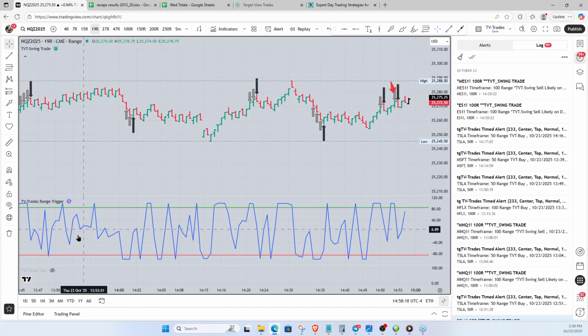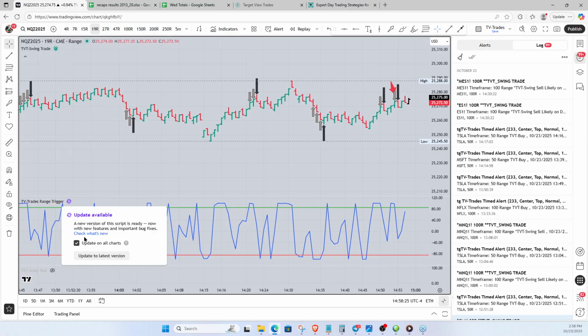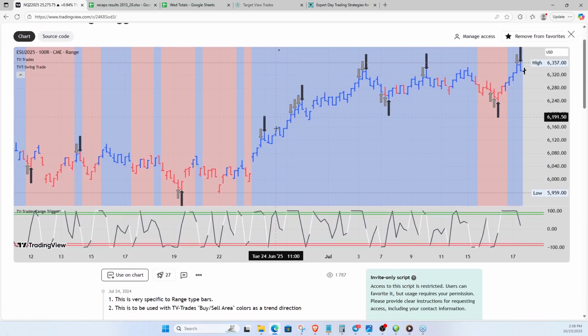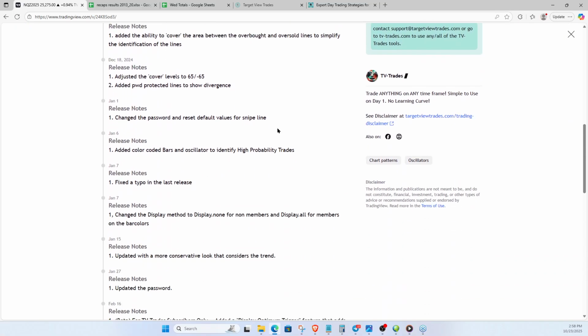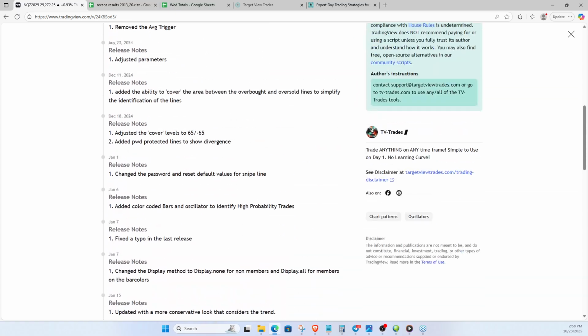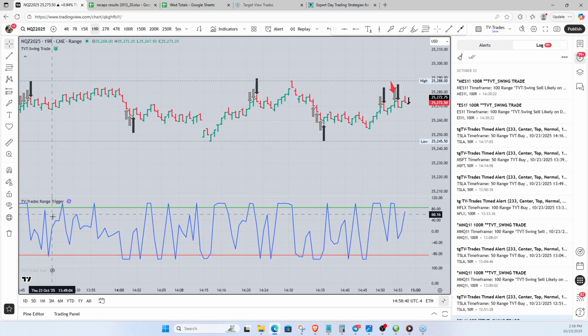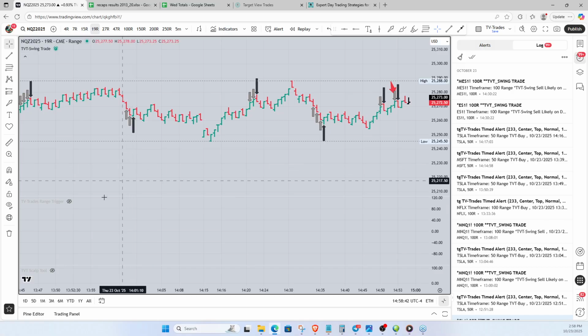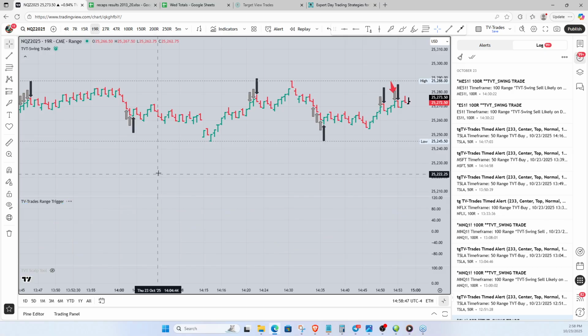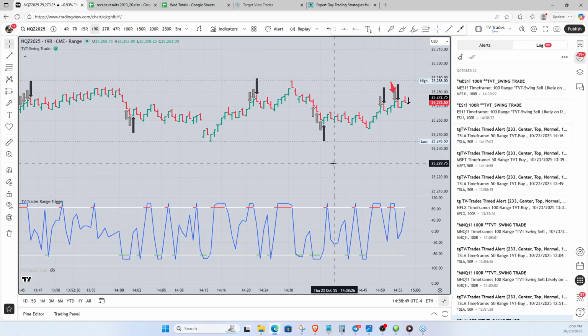Okay, style settings, go in here. Wait, I gotta do the update on it. It needs an update. See, if you look at this, you can see check what's new. And let me see what I changed since the last time. Down here at the bottom is whatever it is. I changed the vault, TVT high, and TVT low lines to white. Okay, so I haven't updated. Well, it's been a while since I updated this then. Let me just do the update on this. Oops, not that. Just click on the purple arrow and update to latest version.